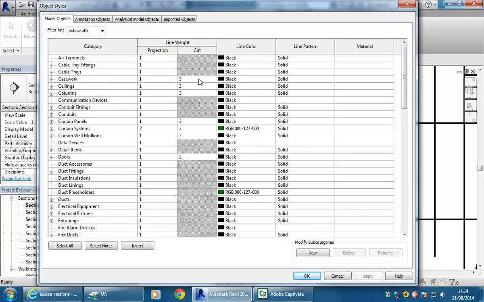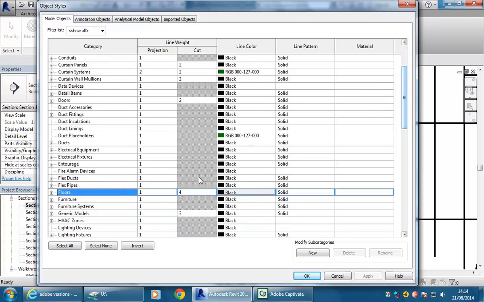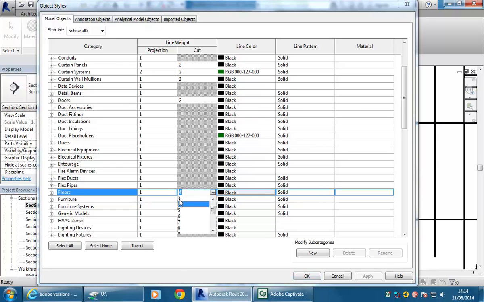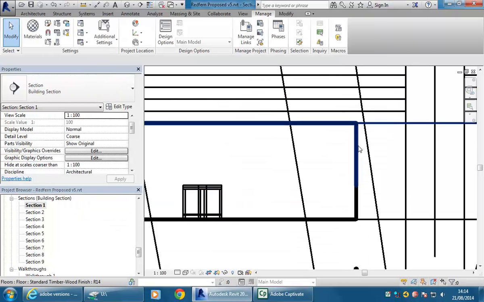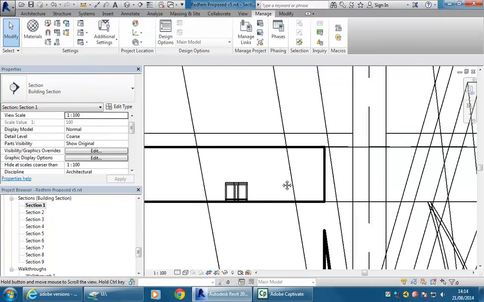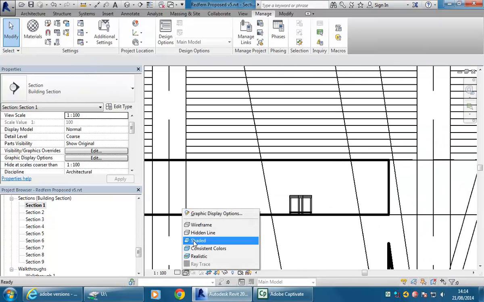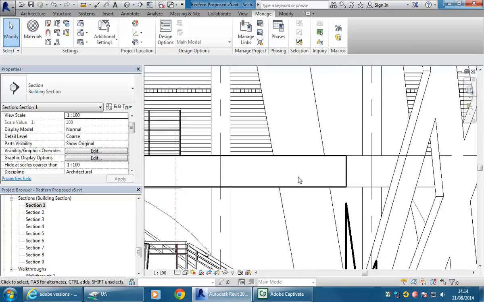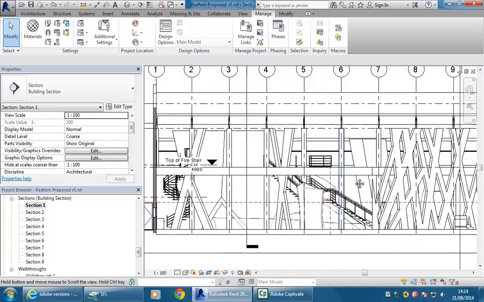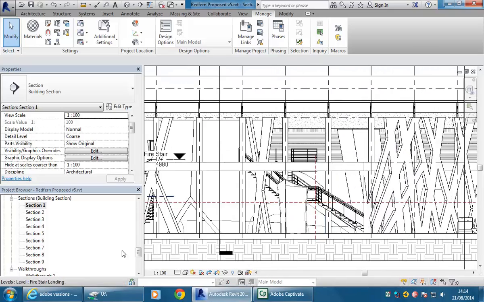Okay, so you could change that to 4, but I'm going to change the ceiling, the floors instead to 3. And there we are. So now it's got the same line weight and it makes it much neater. Back to hidden line, and that's fairly clean. And so now in my perspective as well,